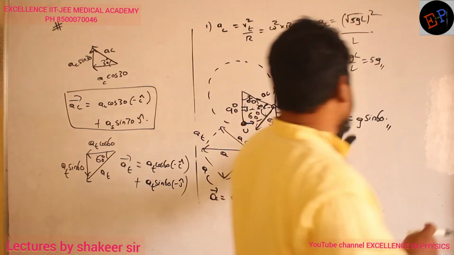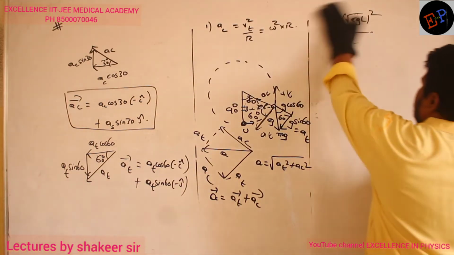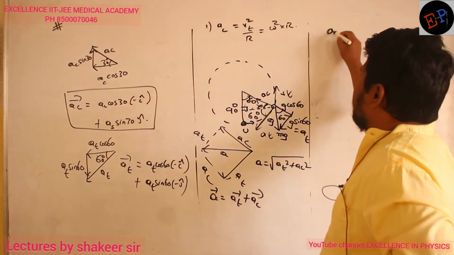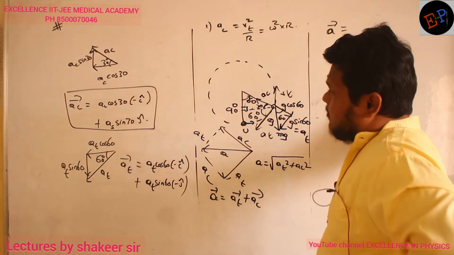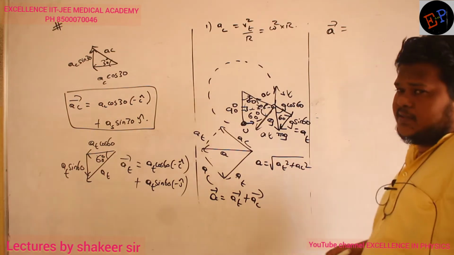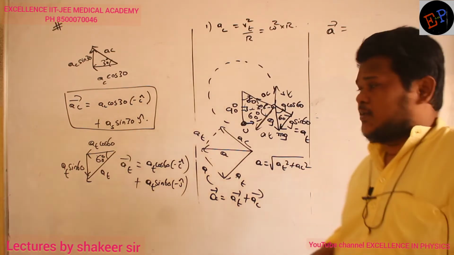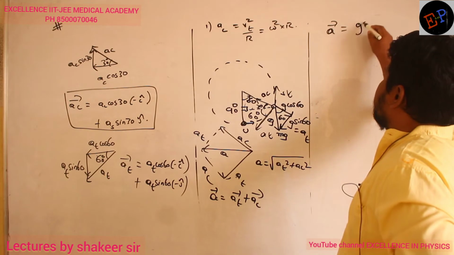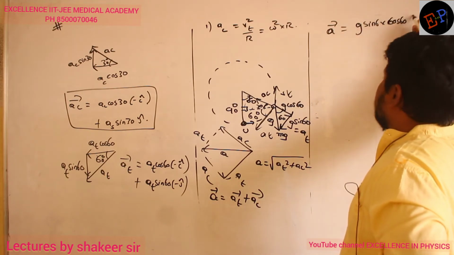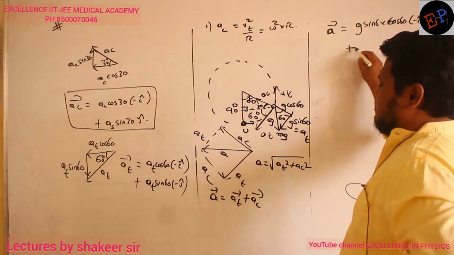So once I substitute, now you can do the calculation. So therefore net acceleration A vector is equal to AT. AT is how much? AT cos 60. AT value is g sin 60. So g sin 60 into cos 60 minus i cap plus AT